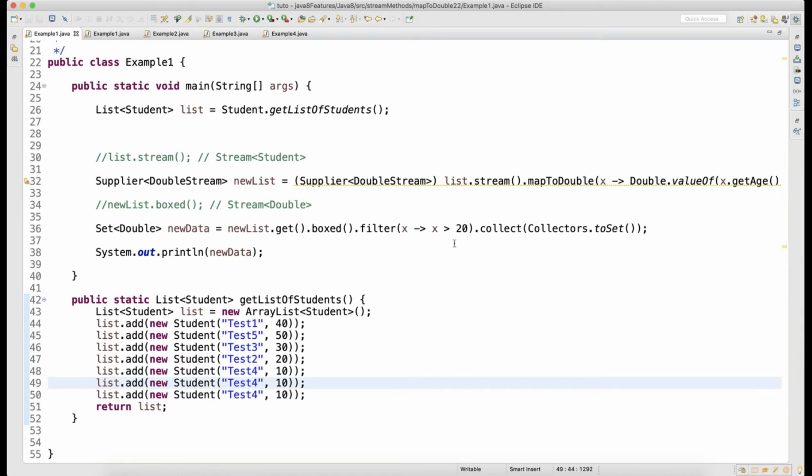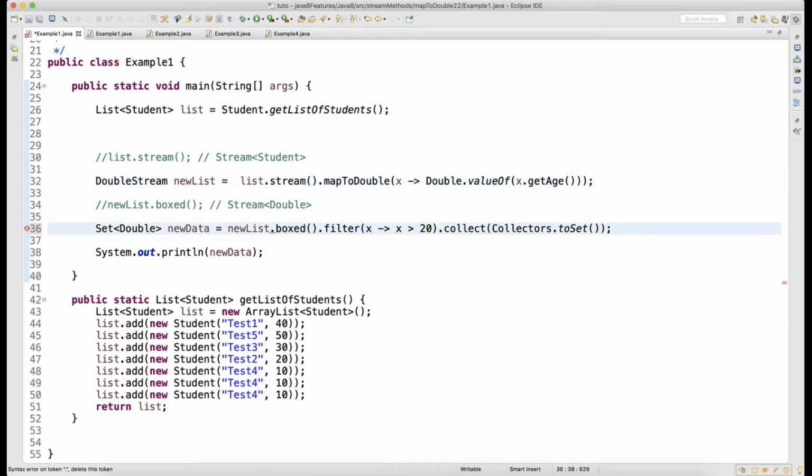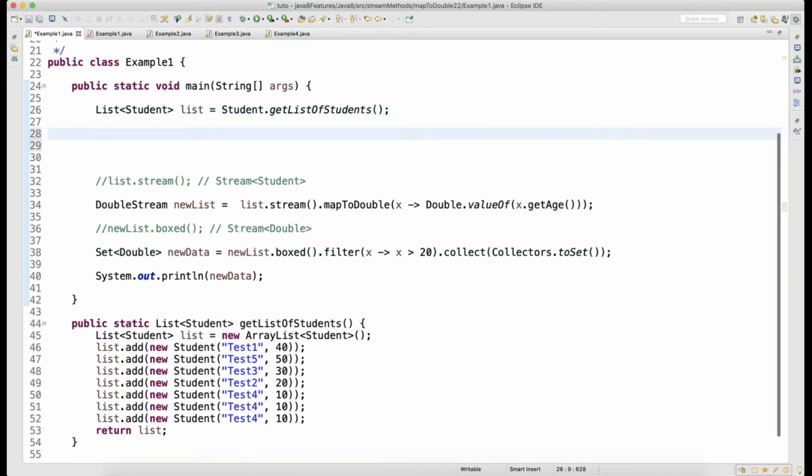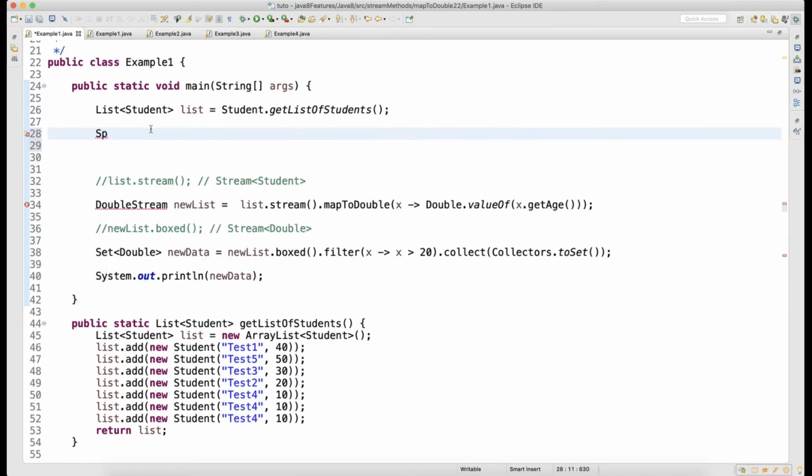So my suggestion is, whenever you are working with a stream, let me undo this, make sure that you are processing the stream only one time. If you try to do it two times, you will get a problem. The other way I can think of is, whatever list of students you have written,